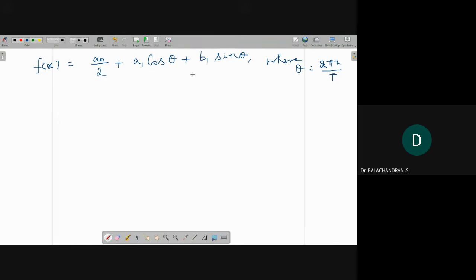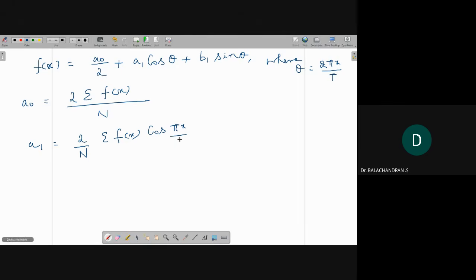So now, what is a naught? a naught equals 2 into the sum of f of x divided by n. a1 equals 2 by n, sum of f of x into cos pi x by L. L is t by 2. So a1 equals 2 by n